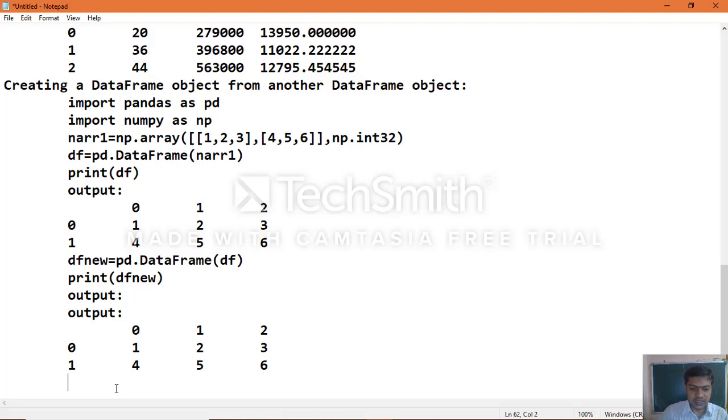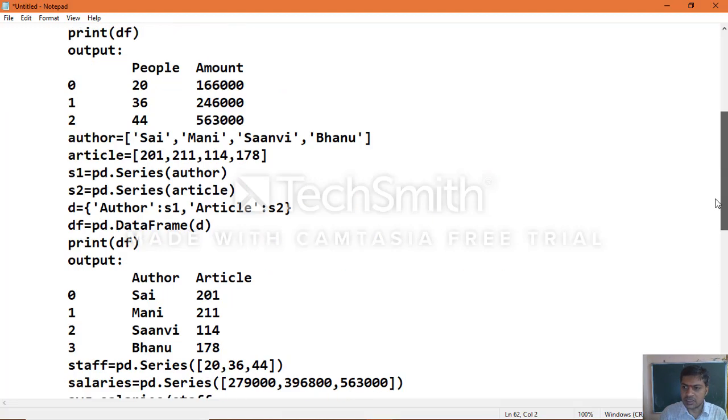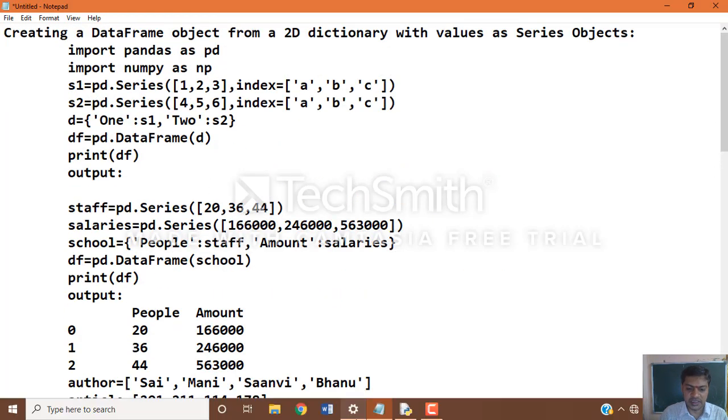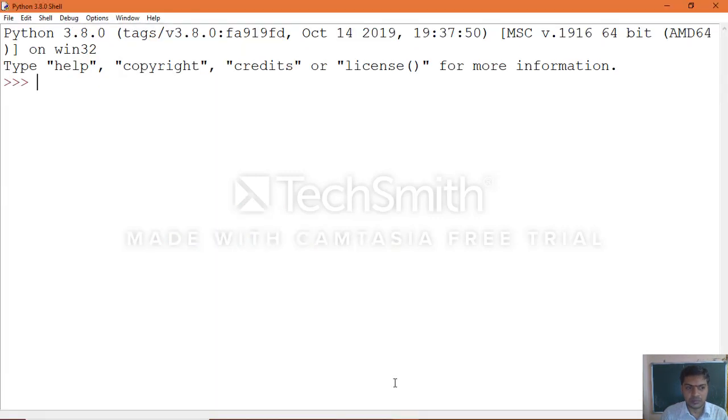Okay, now we'll see the same things one by one, with examples of how we can make use of them. We'll execute each example through the tool. Import pandas as pd.